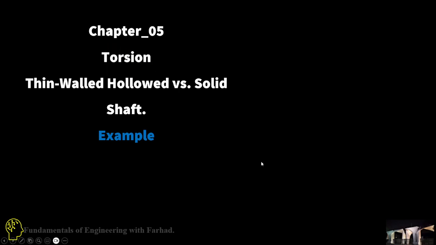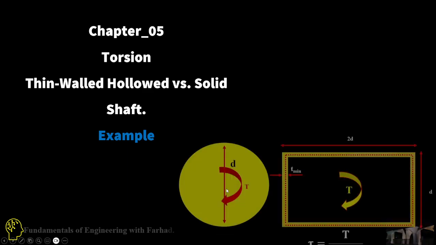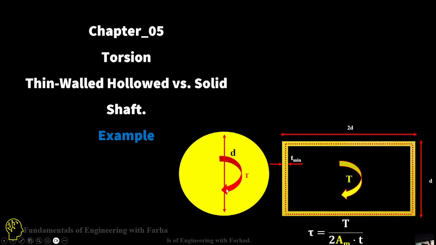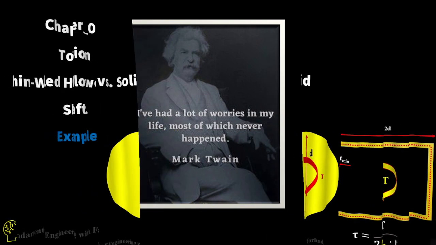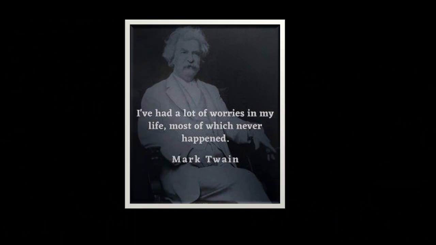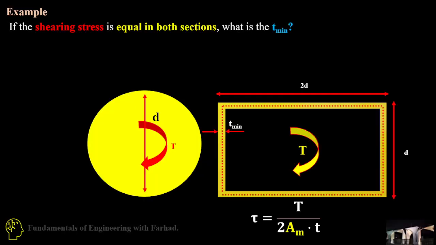Mechanics of Materials, Chapter 5, Torsion: thin walled hollow section versus a solid shaft example. Let's solve an interesting problem in torsion in thin walled sections. So in this example, we do have a solid circular shaft,